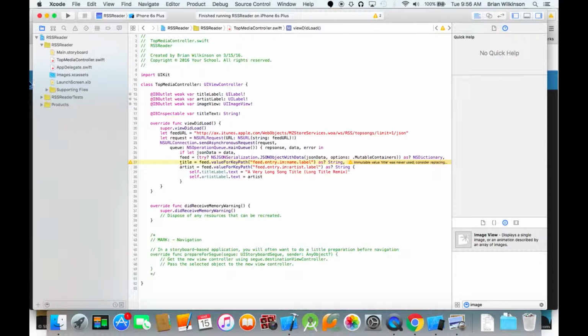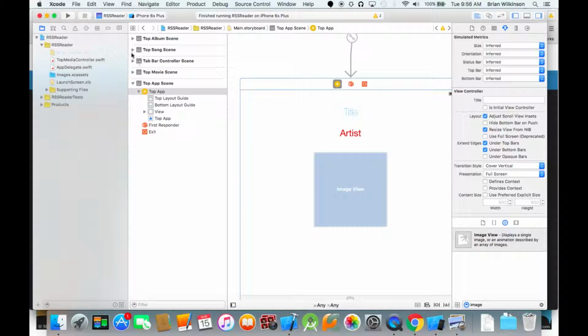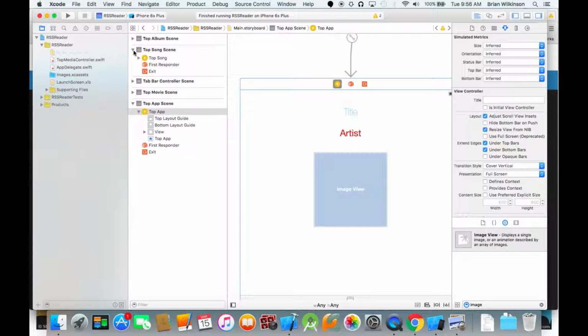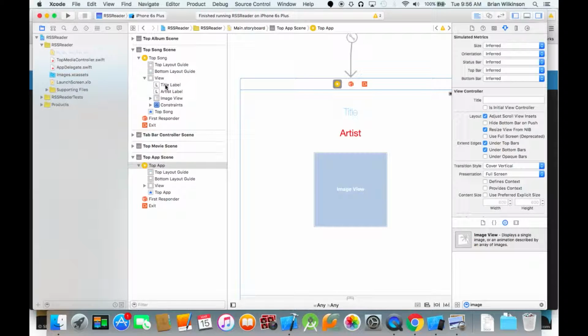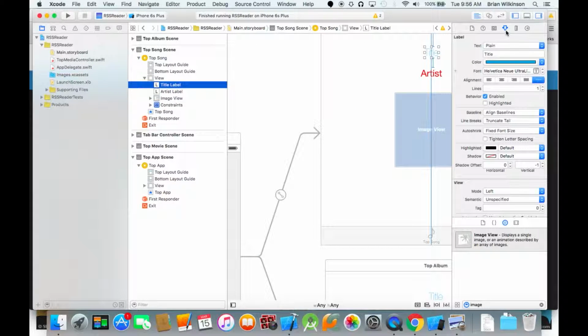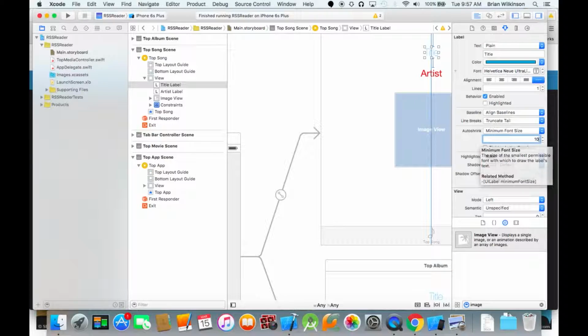So let's go ahead and go to my main storyboard, the interface builder. I'm going to select the top song scene. And I'm going to go down to the title label, which is here. And notice the attributes inspector comes up. So in the attributes inspector, I see there's an auto shrink field. I'm going to change auto shrink to minimum font size, and I'm going to make it 10. So if my title gets too big, it will shrink it so that it will fit on the screen. So in order for that to work,